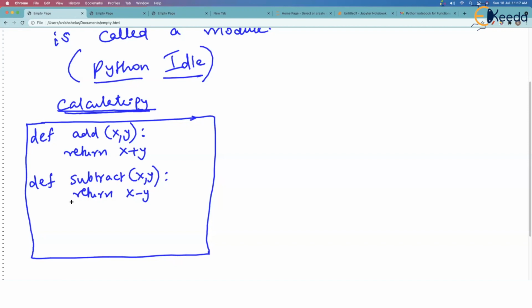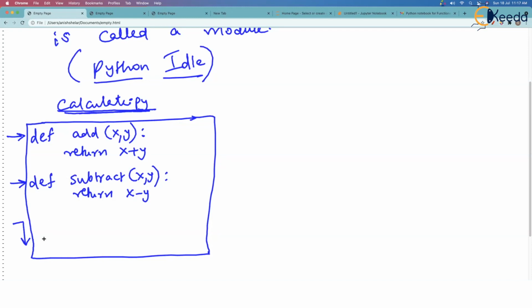But you see, something is missing in this file. What's missing is the main script. I have written these two functions, but you all know from the earlier discussion that functions will not run on their own. You will have to call them. You will have to place the call to add, and the call to subtract.